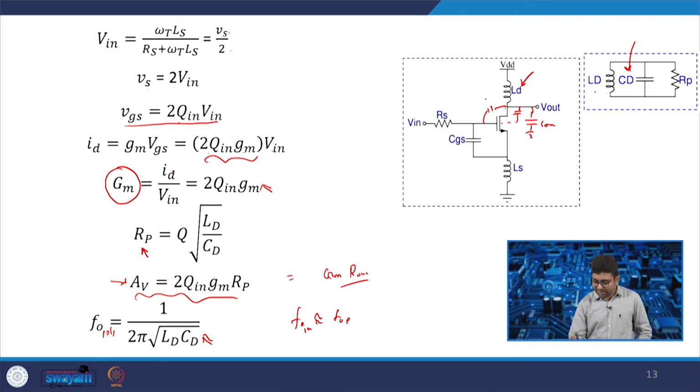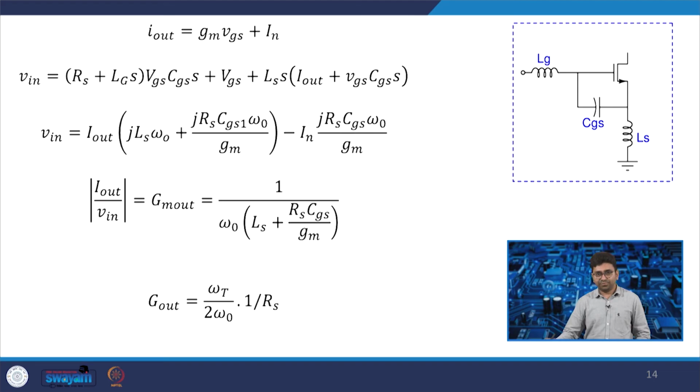Now because of the CGD capacitor and LD, there is a possibility of negative resistance, and that can be reduced by adding one more stage, that is a cascode, called a cascode amplifier. So before going to the cascode,